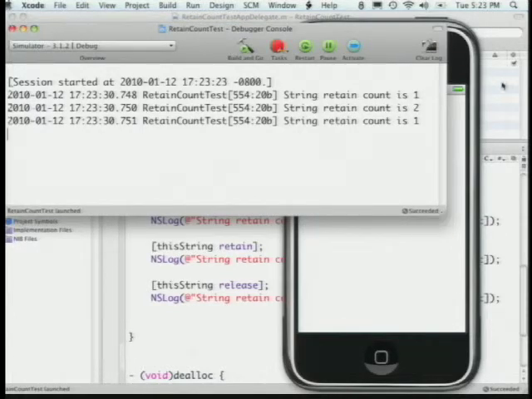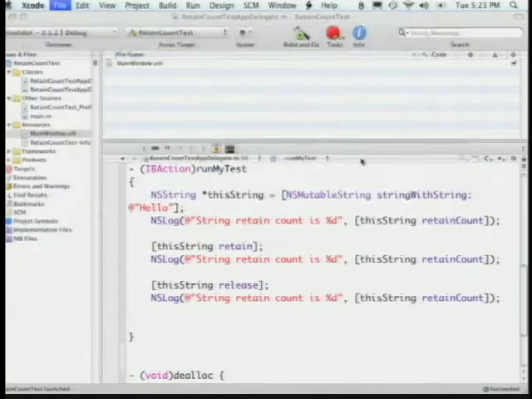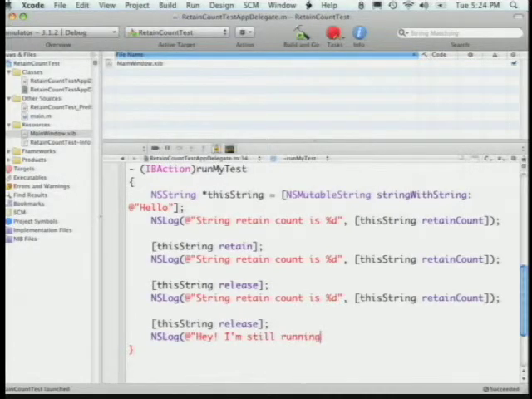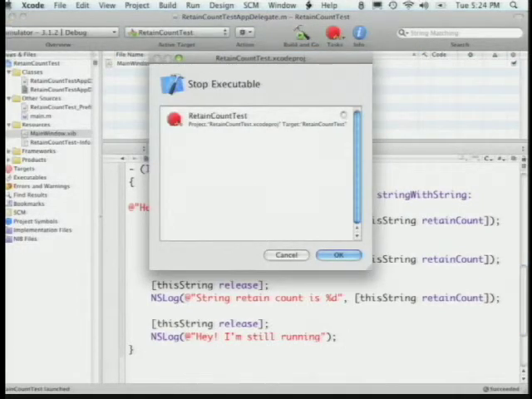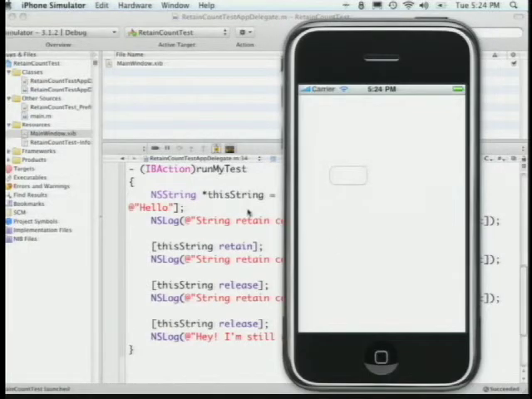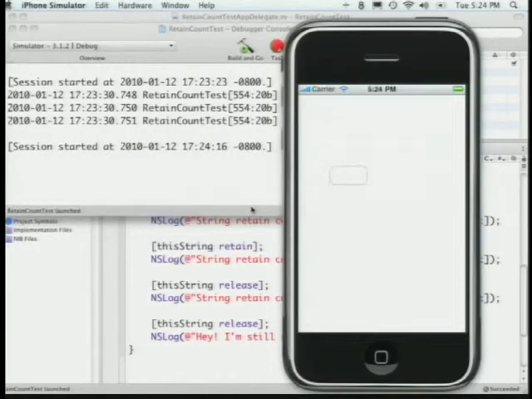So, let's just do it for fun. Don't try this at home. Let's do this string release, and we're going to say NSLog, hey, I'm still running. I can't type. And if we get this far, we haven't crashed yet, but we should see a crash pretty soon after that. So far so good. We haven't called anything yet. When I click the button,